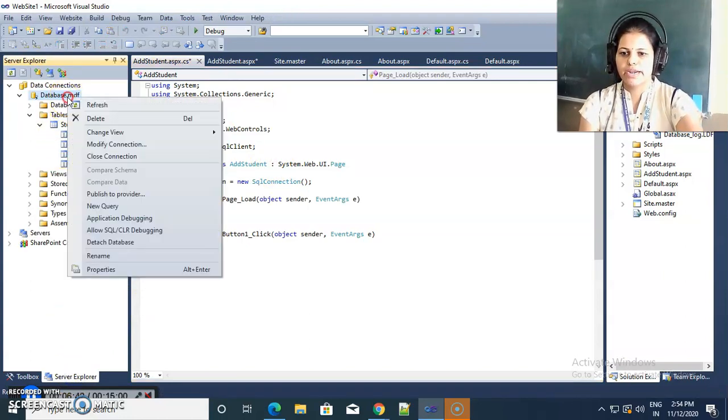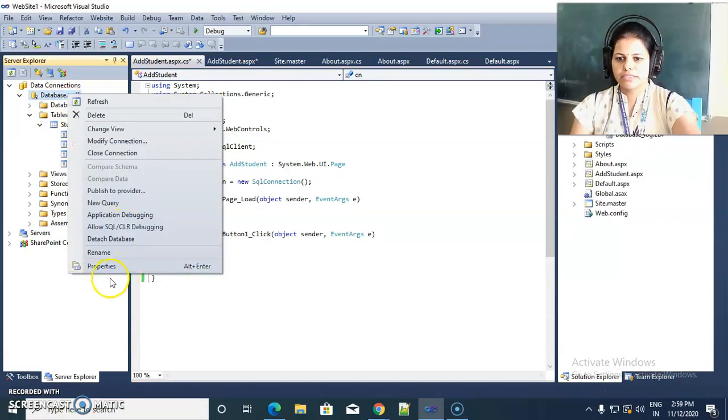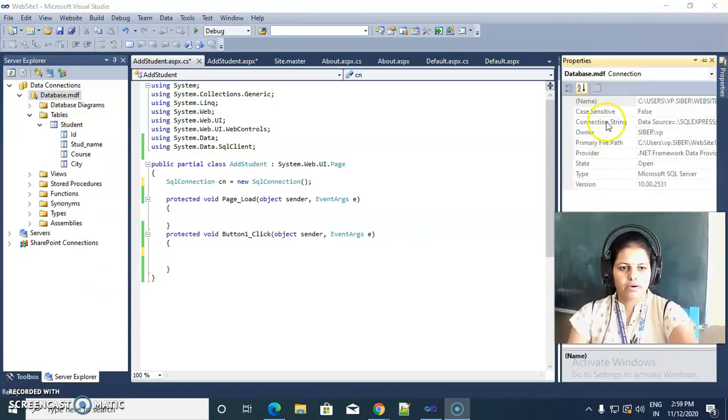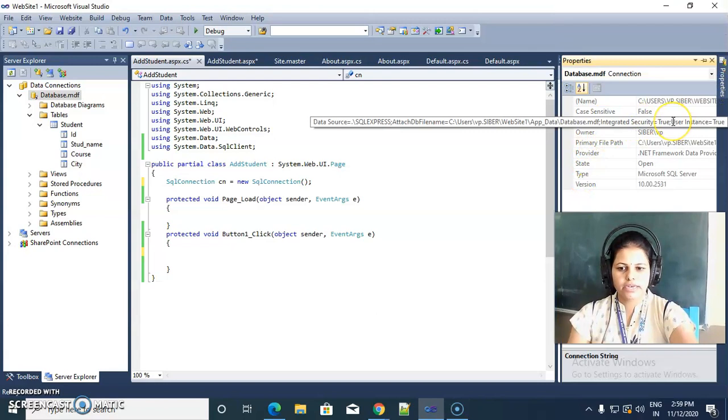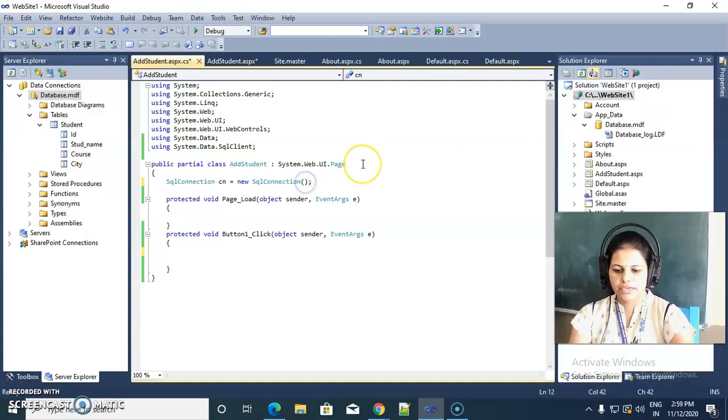So go towards the database. Right click on the database, and inside properties there is one connection string property. Select that connection string value, copy, and we need to paste it here.